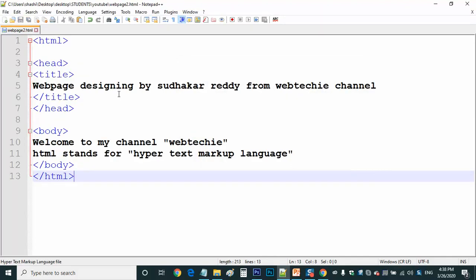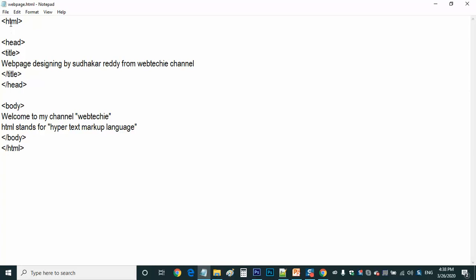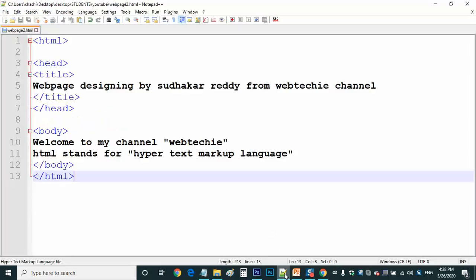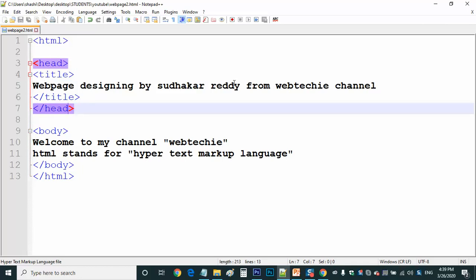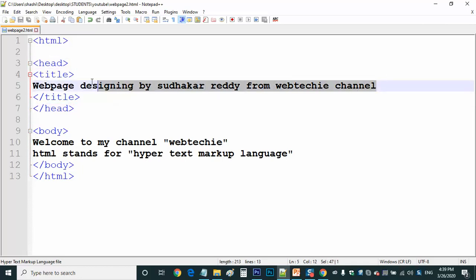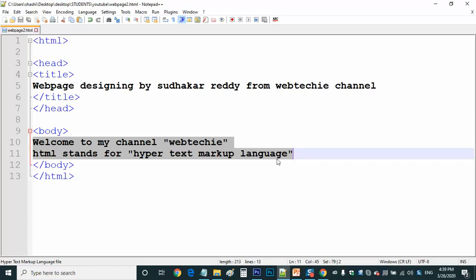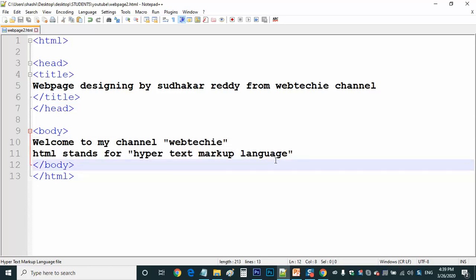Can you see this? Can you see the difference? What I am showing is the difference between Notepad and Notepad++. In Notepad, everything is black. You may not know which one is a tag here, which one is user defined text. Whereas if you go to Notepad++, you can see tags are shown in one color, and user defined text, that is whatever the user has typed. This text can be your choice, anything you can type. And here also, inside the body tag, whatever I have written here is user defined text. So that's why I prefer Notepad++.